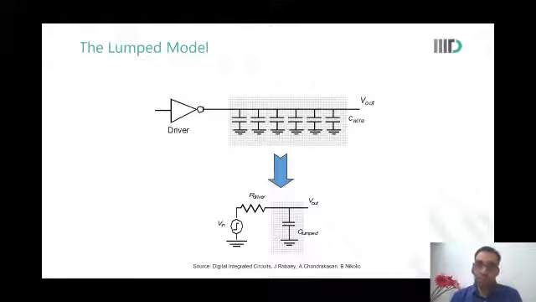Now, what is very important to realize is also that as technology is scaling, devices are becoming faster. Because of technology scaling, your channel length is reducing, so current is increasing, or the current per unit micron square is increasing. All that is happening. So device delays are becoming lesser.